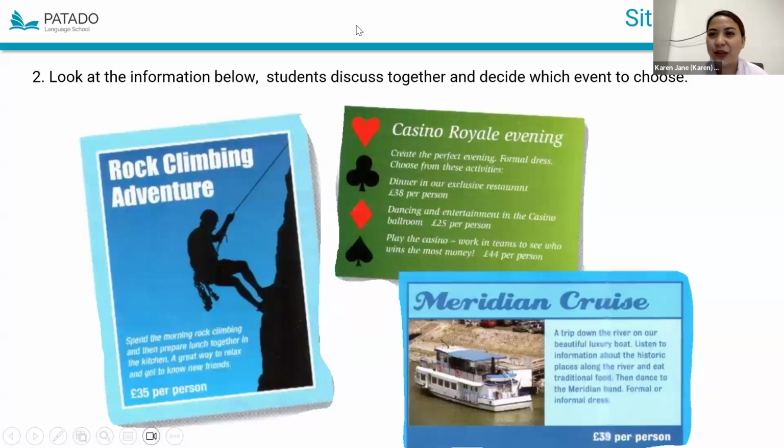Before you choose an event to host and cater them in their visit to your place, I will allow you minutes to take a look at these three different events and study and read the descriptions of the three different events that you can host them with.